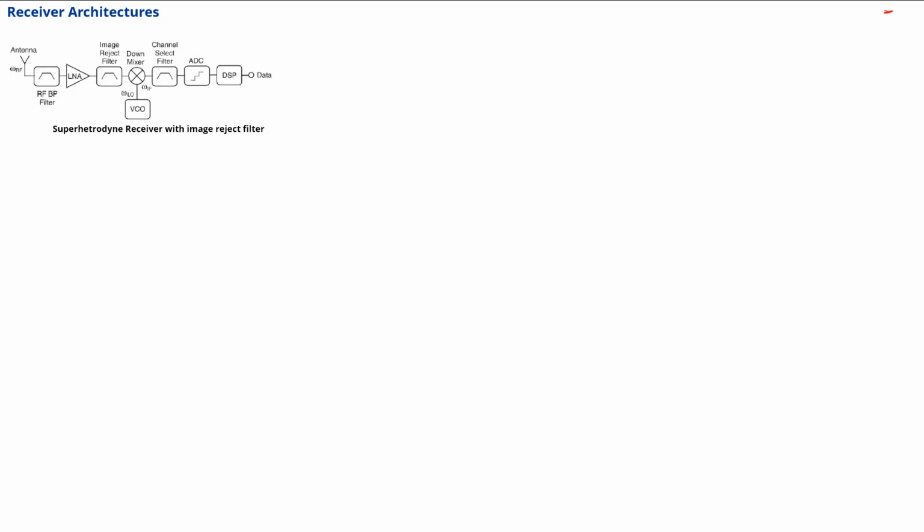Now that we have seen a few quite active devices, let's revisit the receiver architecture, the different kinds of receiver architectures possible for receiving RF signals. One essential component is the antenna that really picks up the RF signal from the air, and that received signal strength is going to be so weak that first and foremost we want a low noise amplifier to boost it up. Followed by that is what is introduced as an image reject filter, which we discussed when we looked at